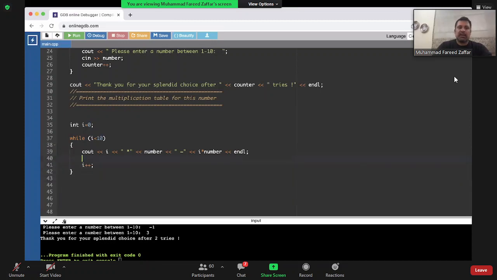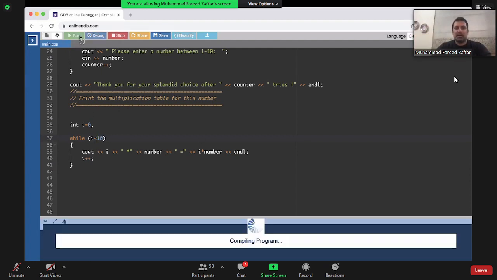अच्छा, ये line 35 पे उसी सूरत में आएगा code when the number is between 1 and 10. And when it comes here, it's going to initialize a value and it's going to say I is less. जब तक ये कब तक लूप चलाना है, जब तक I की वैल्यू 10 से कम है. तो essentially हर दफा I into number वो प्रिंट करेगा और उसका आंसर दे देगा 1 times 2, 2 times 2, 3 times 2, 4 times 2, blah blah blah, and हर दफा वो I plus plus करेगा.